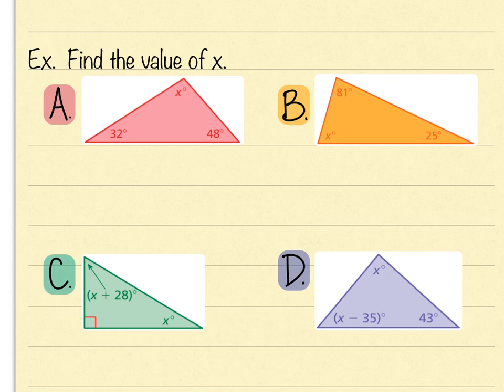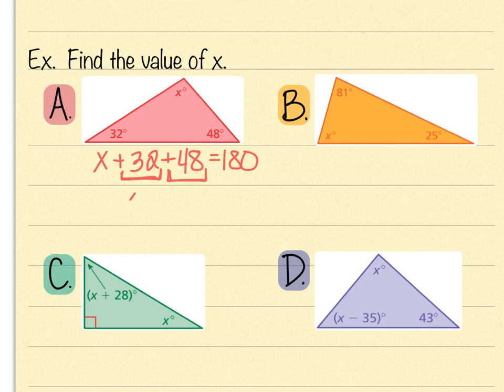So let's look at example A. I'm going to write an equation in order to solve for x. My equation for example A is going to look like this: x plus 32 plus 48 equals 180. We know there's 180 degrees if you add the angle measures up. Now, if you add the two angles that you already know, 32 and 48,